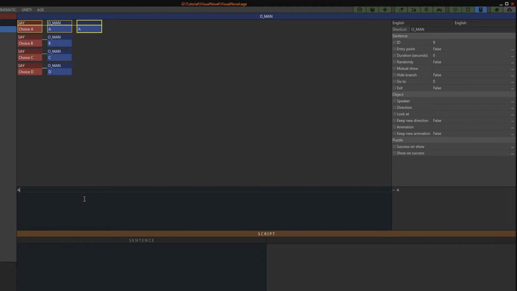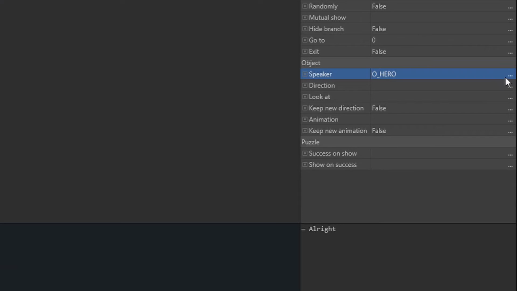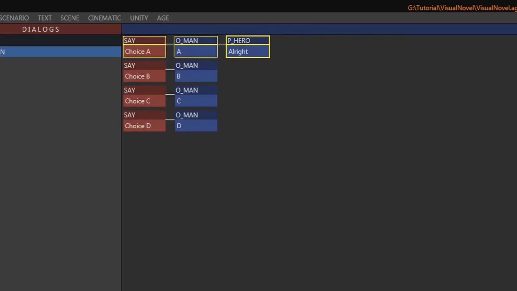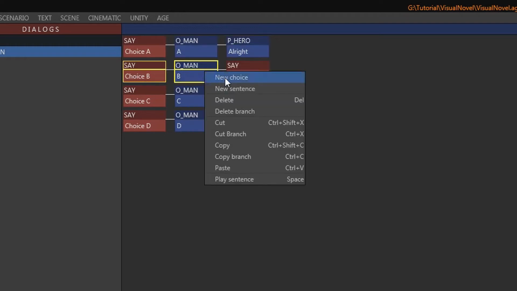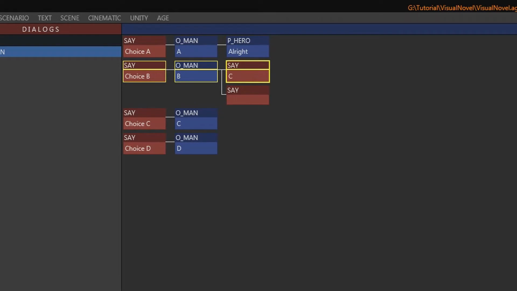Let's continue by adding a new replica for our hero like this. I take this opportunity to point out that it is possible to select either objects or players. When you select a player, it will be the object currently controlled by the player that will be taken into account. In some situations, it can be very practical if you don't necessarily know the current object. It is of course possible to add choices in choices or replicas to make your tree structure more complex.